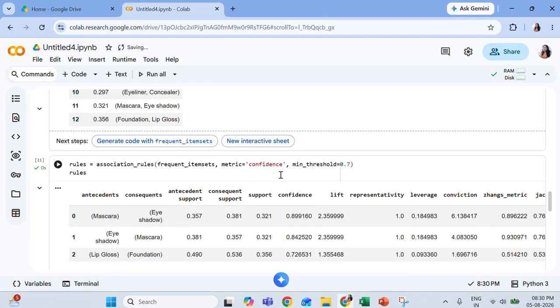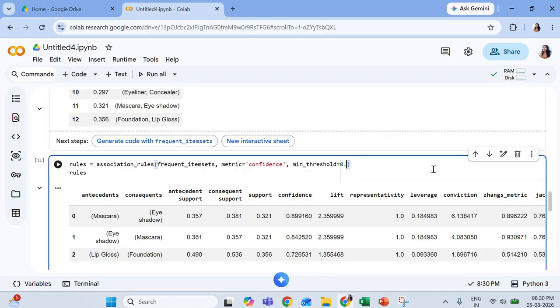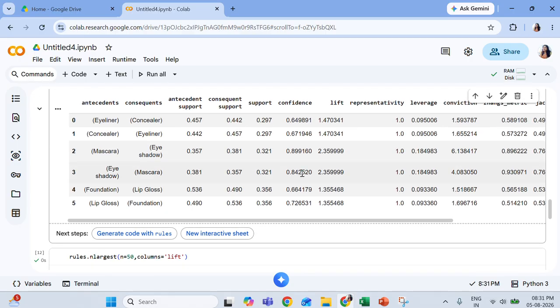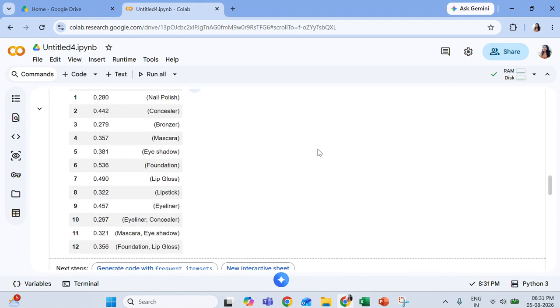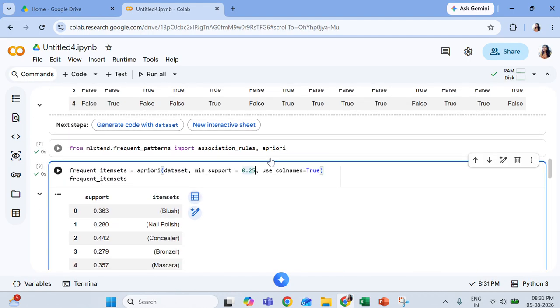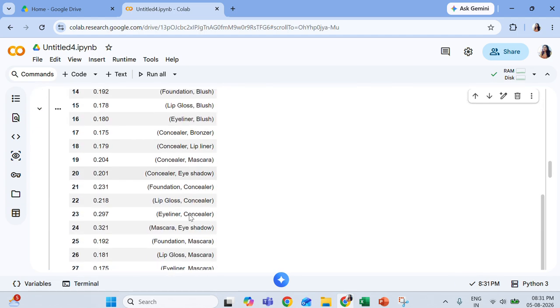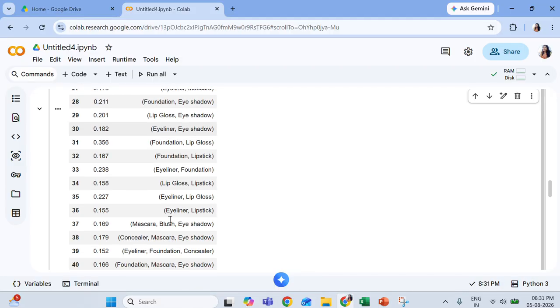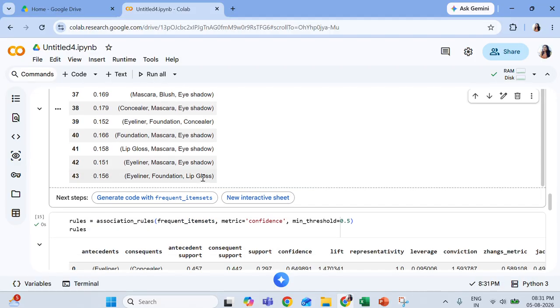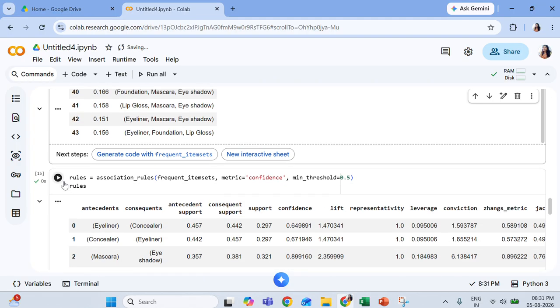Now what you can do is, if you are decreasing this threshold value, let's say you are making it 0.5, in this case also we can see all the lift criteria are very high. Similarly, even for minimum support, if you want to reduce the value of support, let's say 15% of support, 0.15, you can see your data has changed. Because if you reduce the support threshold, 43 items are fulfilling the support.